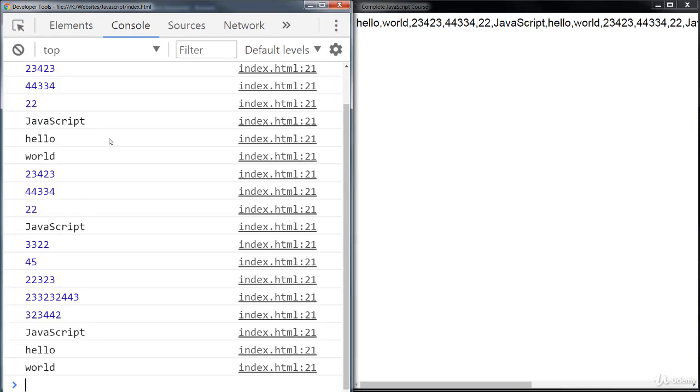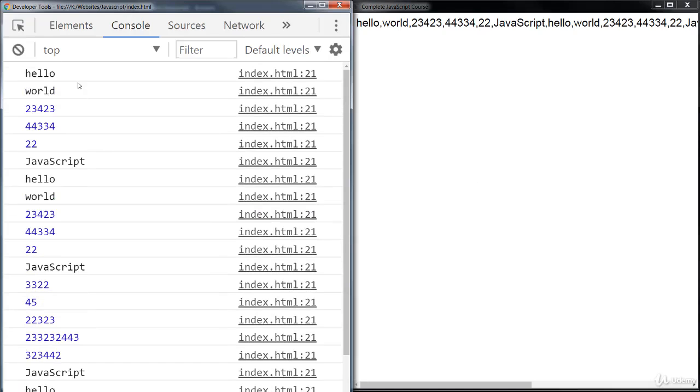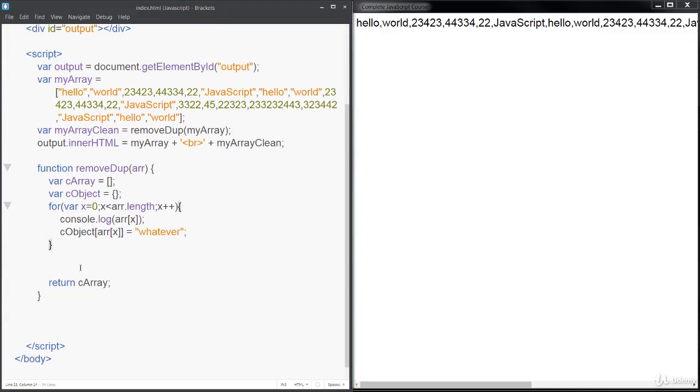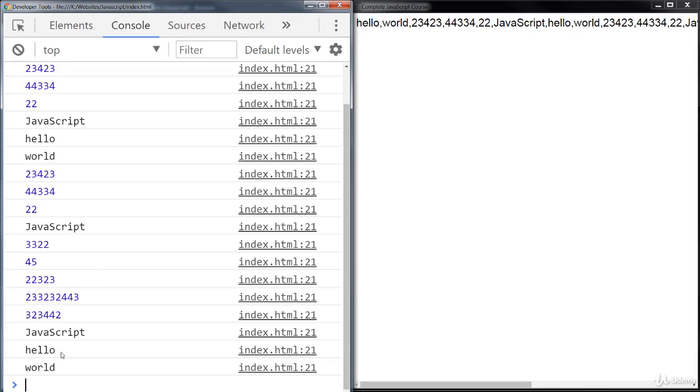So let's go back out and refresh it and take a look in the console, and we see that as we loop through, we hit all of the items in the array, and now we're setting those up within our object. So the next thing that we need to do, and if I go out into the console, if I do C object,